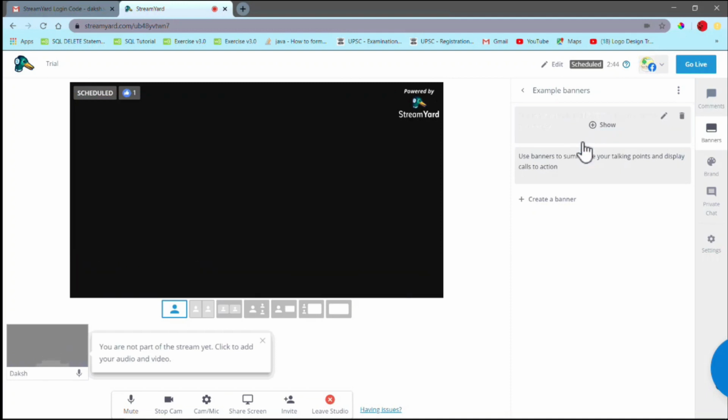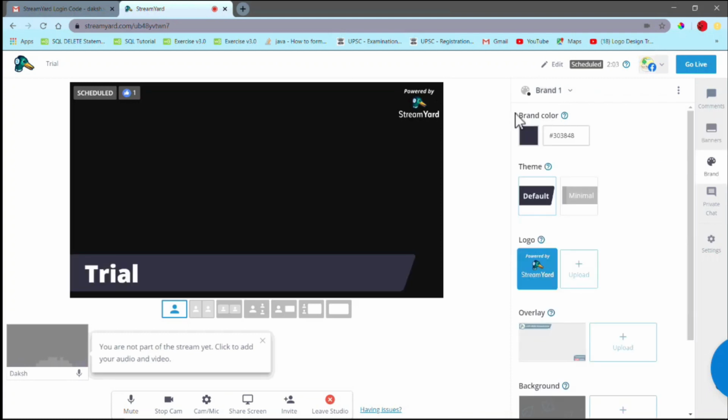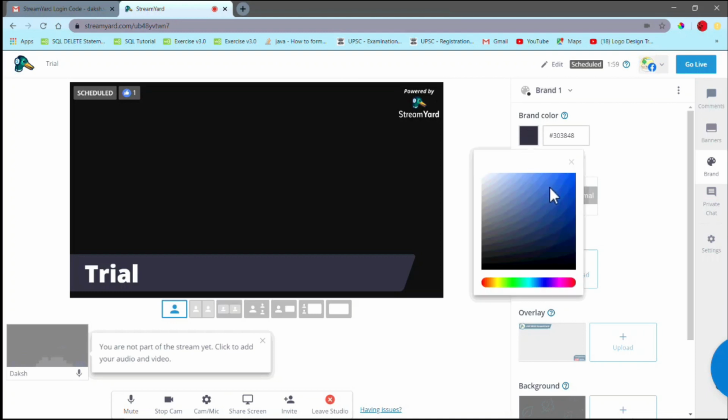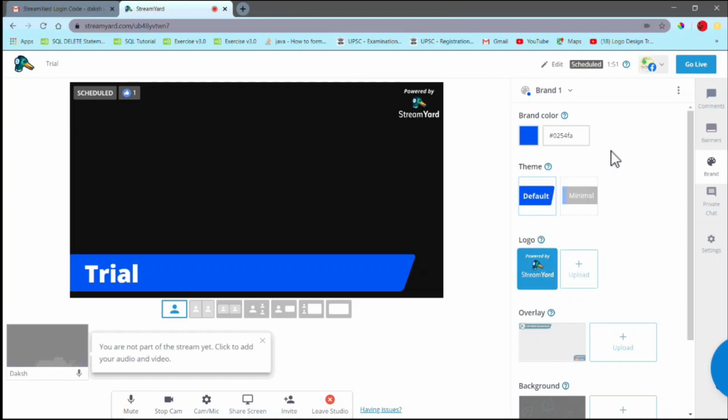Here you can add the banners which you want to be displayed on the screen, and just below the banner you get a color palette, where you can change the color of the banner, change the background, change the theme of the banner, and you can even add your logo.